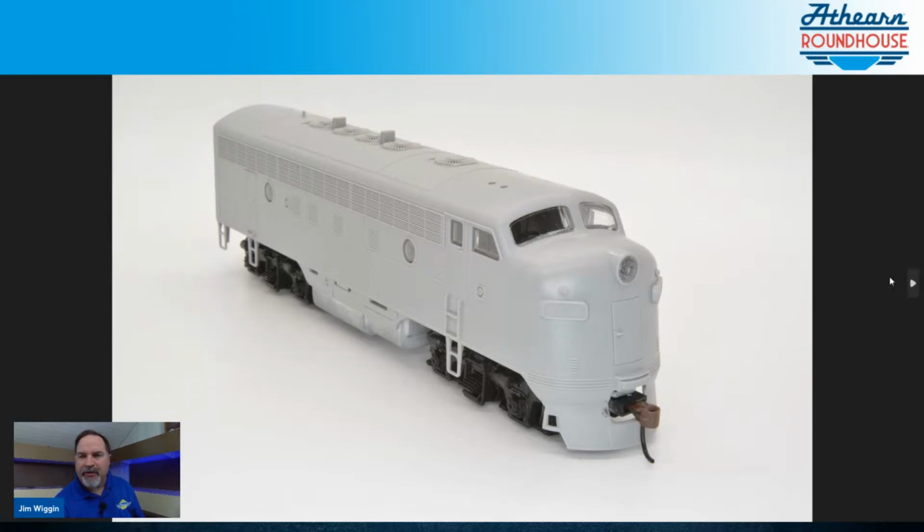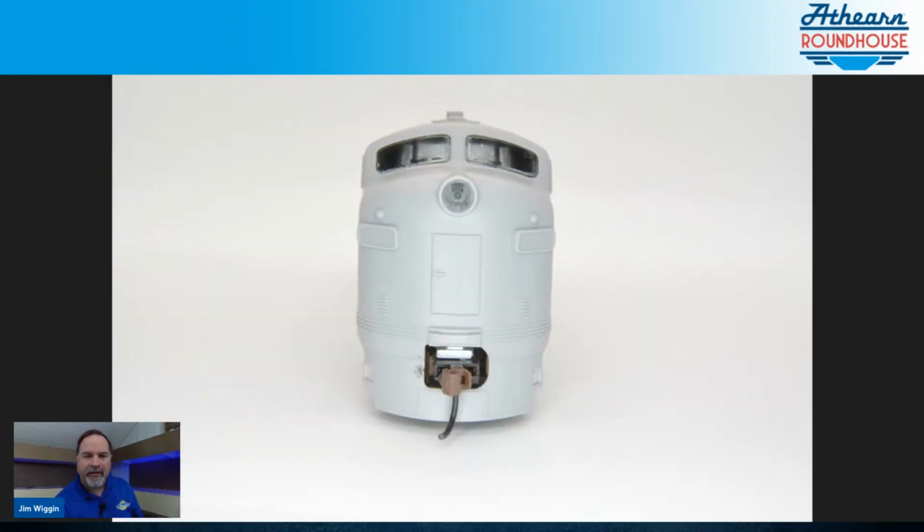Let's talk a little bit about the nose as well. The nose is going to have, and of course the whole locomotive is going to have, flush-fitting cab, porthole, and rear window glass. The old ones didn't include any type of glass. Single or dual headlight per the prototype. And then as we go towards the back,